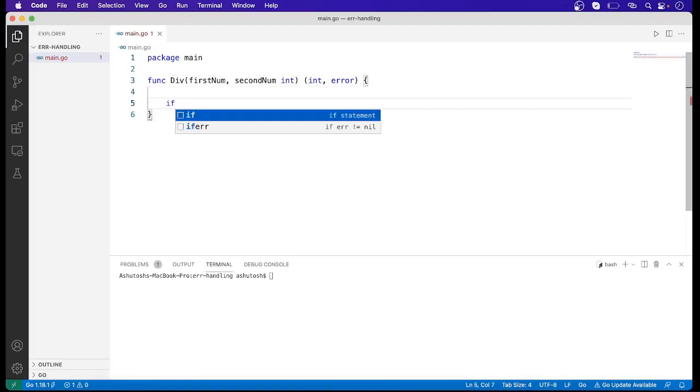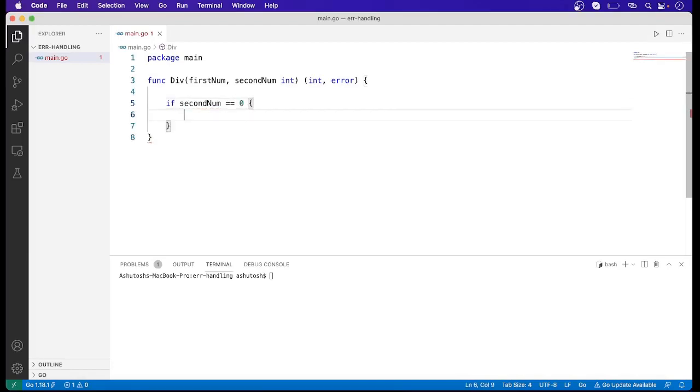So the first condition is if second num equal to 0, in that case we will generate an error. Basically here we will create a custom error and we will return that.